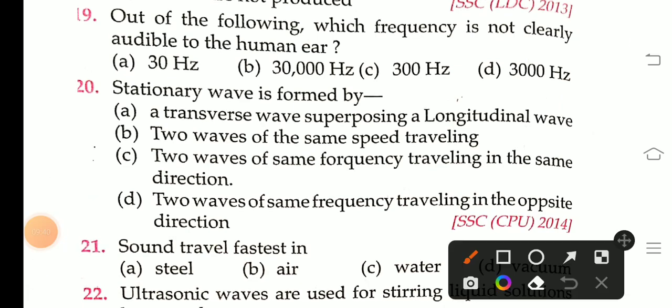Next, out of the following, which frequency is not clearly audible to the human ear? Right answer will be option B. 30,000 Hz. Next, stationary wave is formed by,